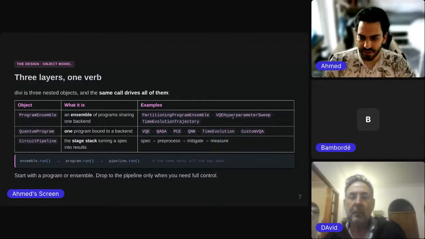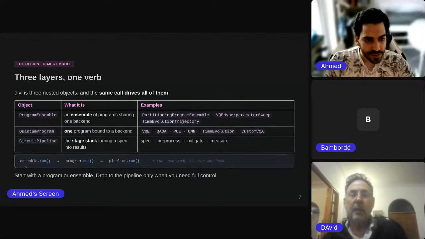And you also have the VQE hyperparameter sweep. So if you would like to do some sort of a sweep across several configurations of a molecule, say the same molecule but with different bond lengths and so on, this class would also help you simply declare how you want to sweep through this molecule configuration, and finally you call